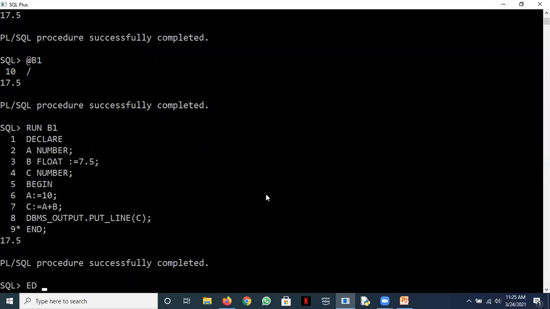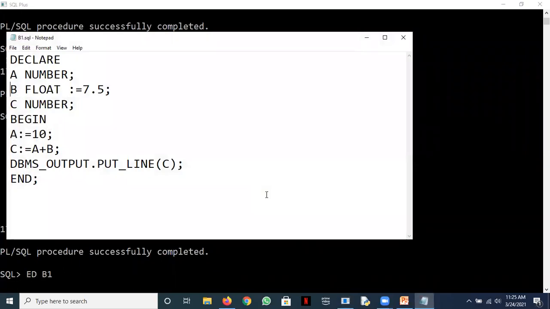Let's now just modify this program of ours. Instead of the values here, let's have the declarations here, and then let's have something like this.